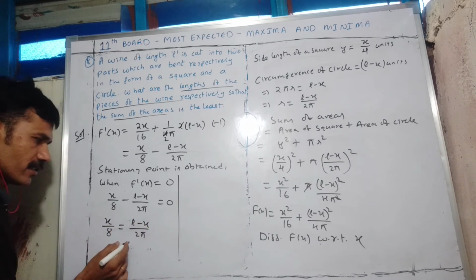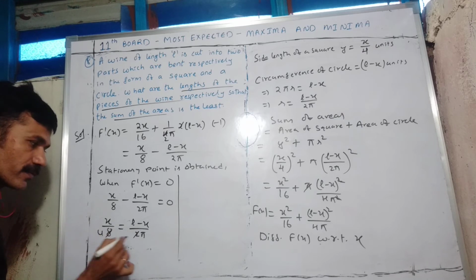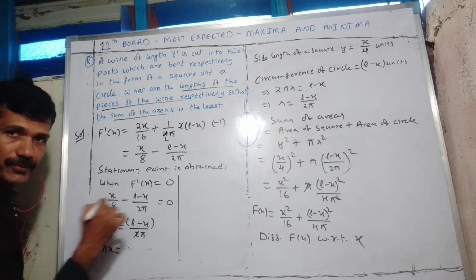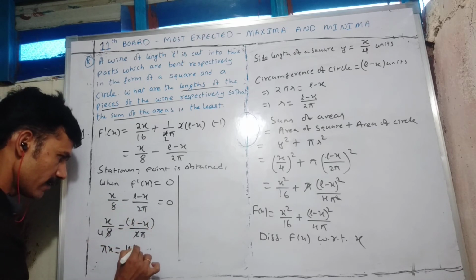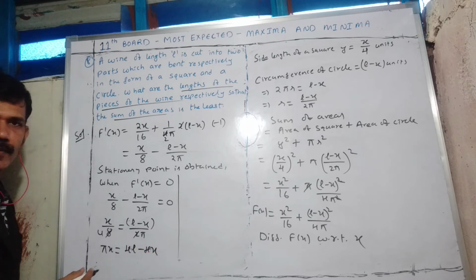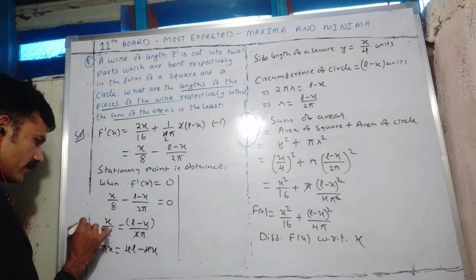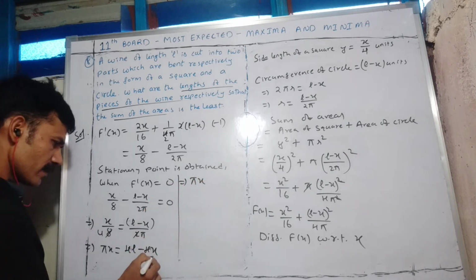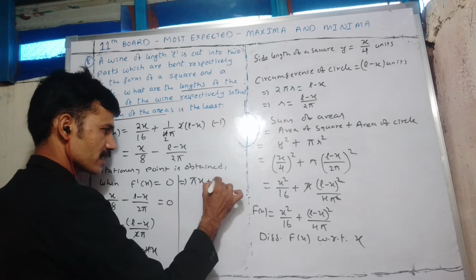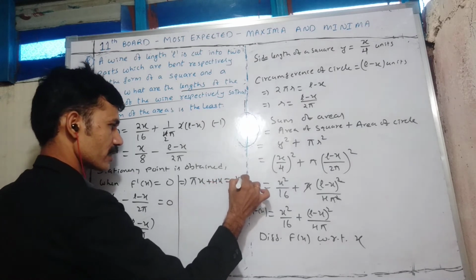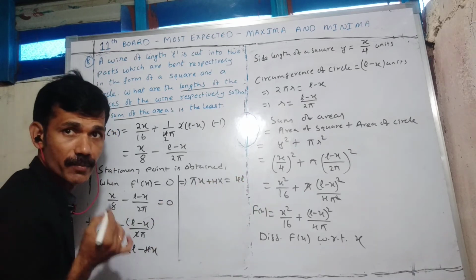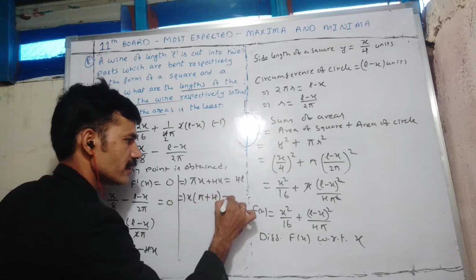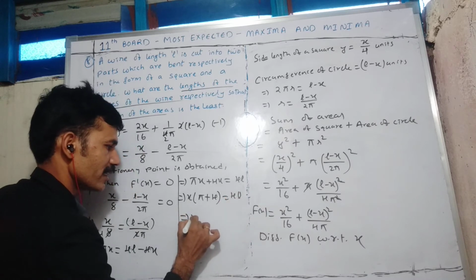We got this. We'll do cross multiplication. This is πx. This side we are having, this we have to multiply with 4: 4 times L minus 4 times x. x terms I will bring one side. If I bring x terms one side, πx, minus 4x if I bring this side plus 4x, that is equal to 4 times L. x I can take common, that is π plus 4. Now x I will get.